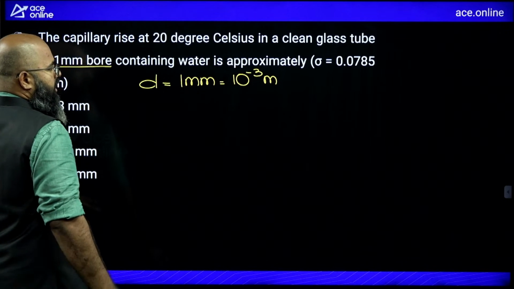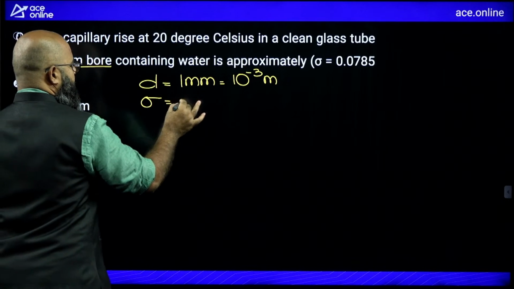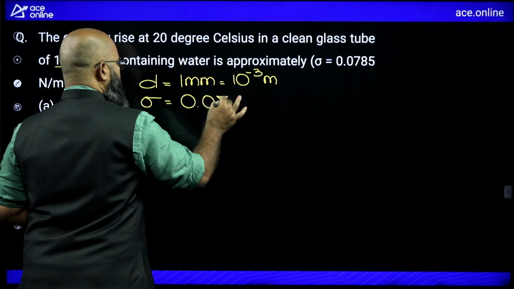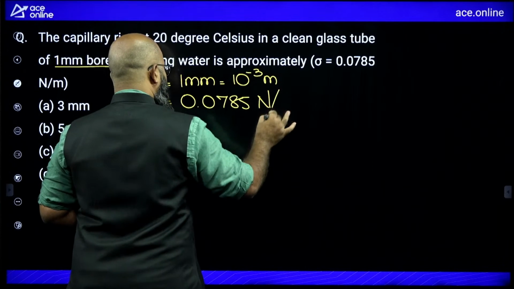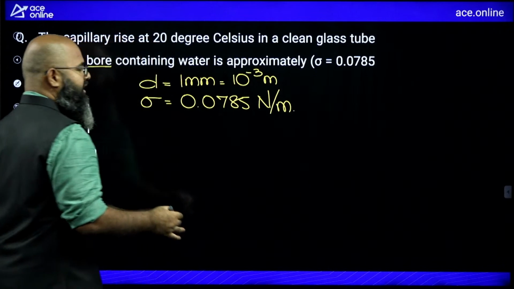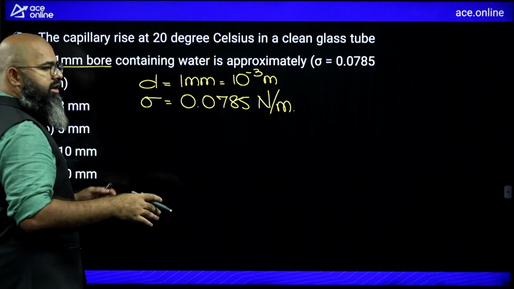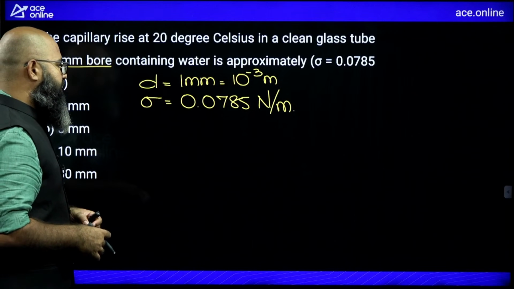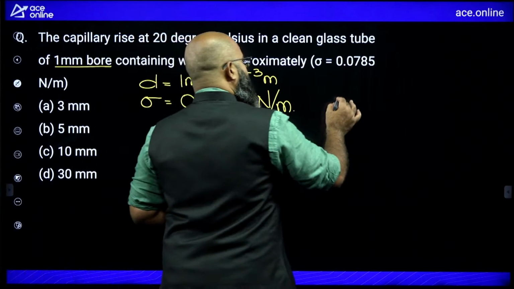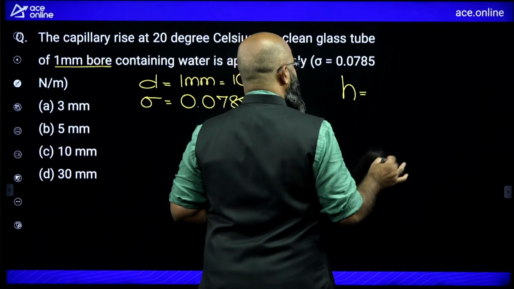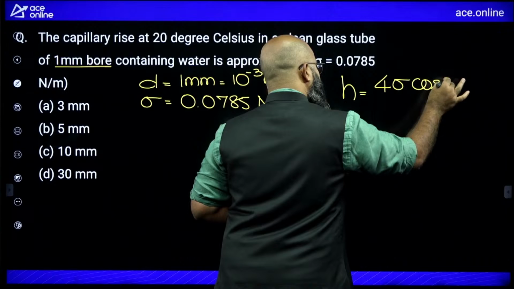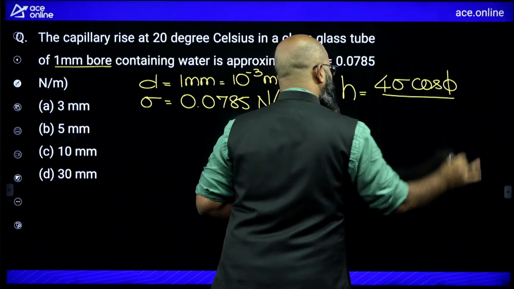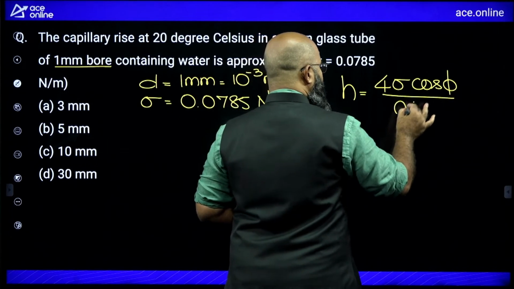Okay. Sigma is given to you as how much? It is given to you as 0.0785 Newton per meter. I personally prefer to write everything in SI units, so later on it will be easy for me to get the answer. अब देखिए, the value of h is equal to how much? In a glass tube it is 4 sigma cos phi, where phi is your contact angle, divided by gamma times